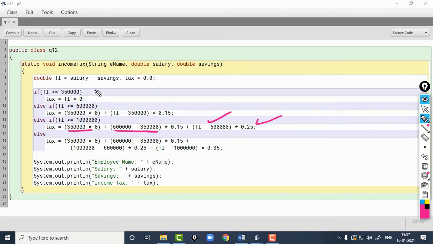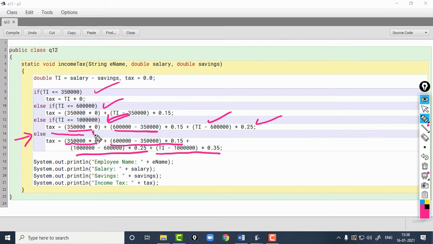And if all the above conditions fail, then the control will come to the else part. That means the value of TI is obviously greater than 10 lakhs. That is why I have not checked here if TI is greater than 10 lakhs. The tax amount for this will be first slab plus second slab plus third slab plus the current slab.